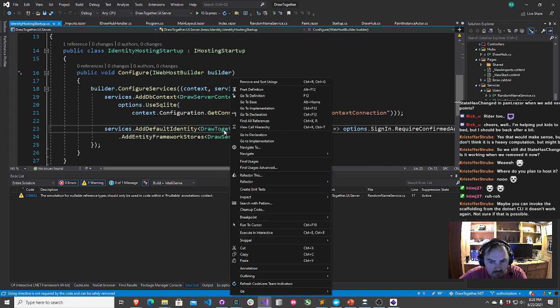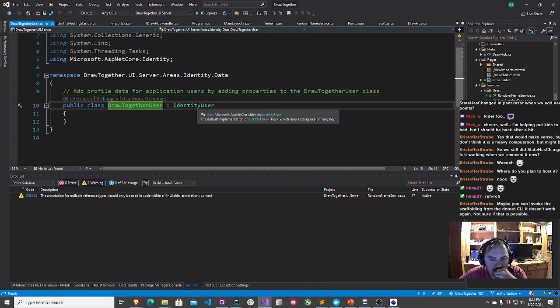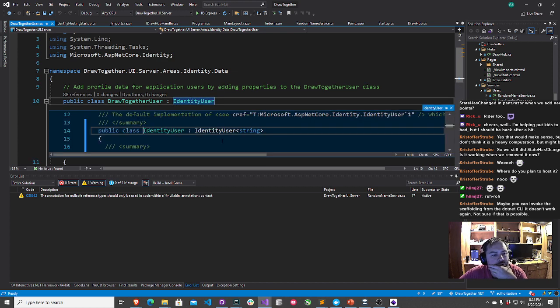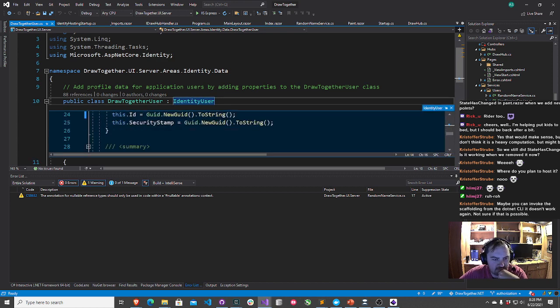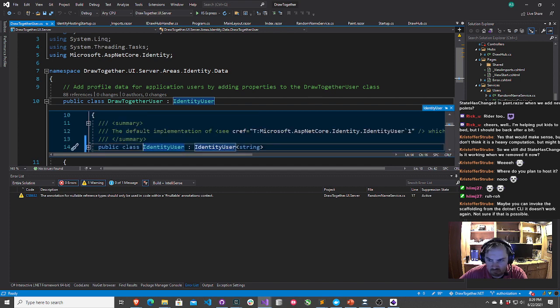Okay. Let's take a look at this. Identity user. Well, that's not so bad. Okay. Let's go ahead and peek definition here. All right. What properties do you have? ID, security stamp, username. That's basically it, huh? Okay.